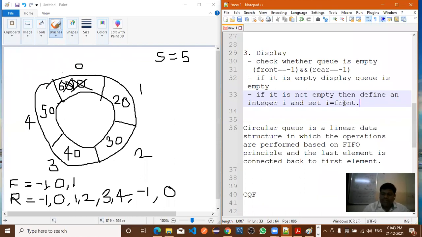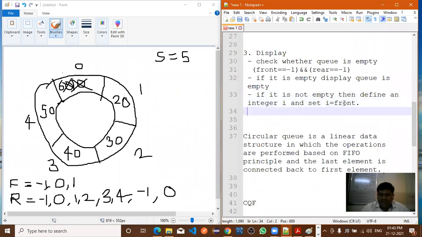Now after that, we'll start our loop from the front, right? So the value of I we have considered as from the front. Now after that, if